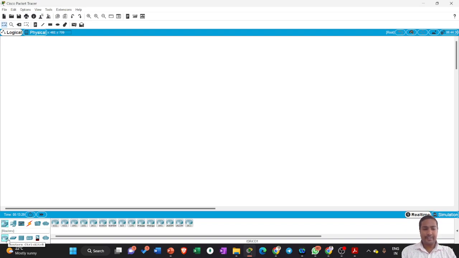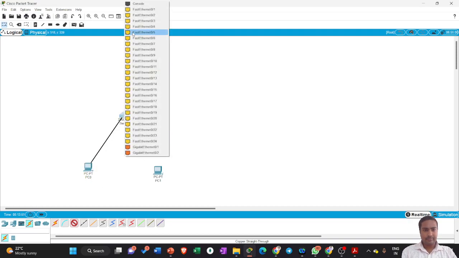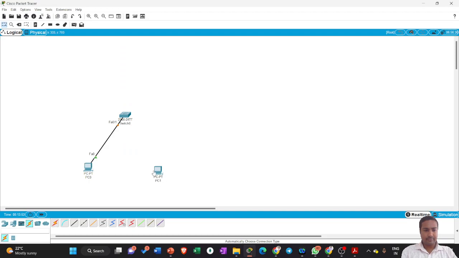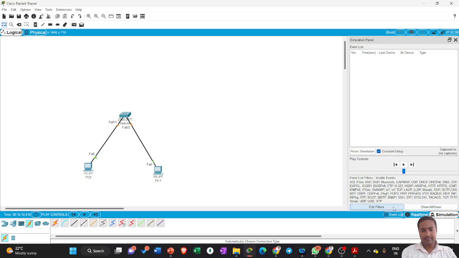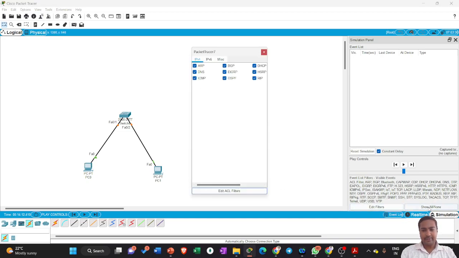So let's consider a case where there are many end devices and it is interconnected via a switch, and sending a packet